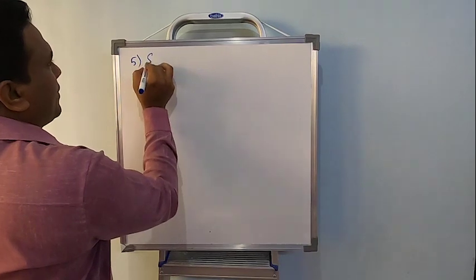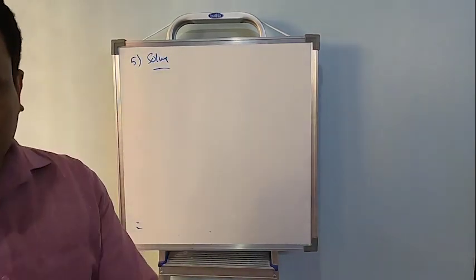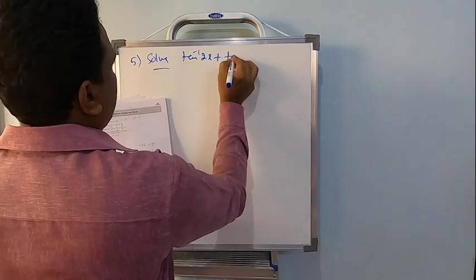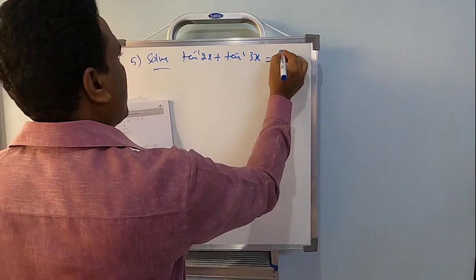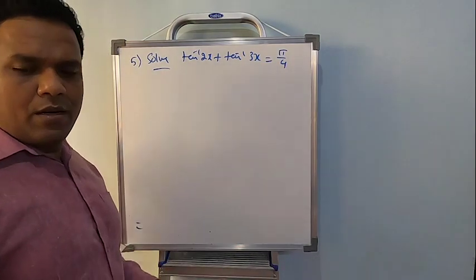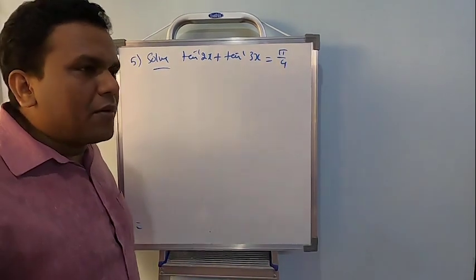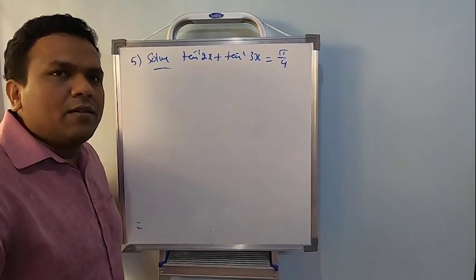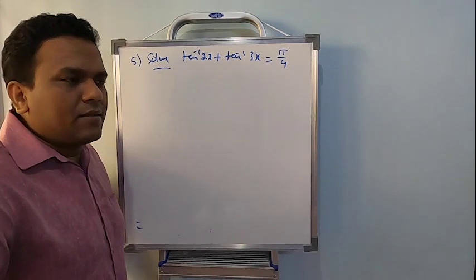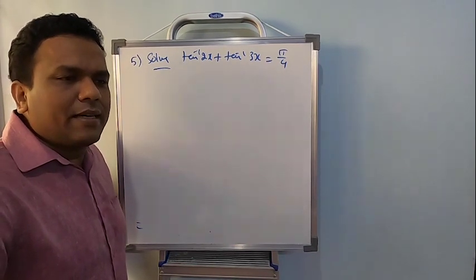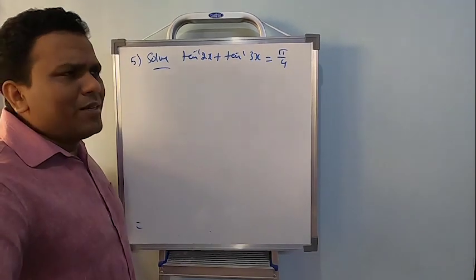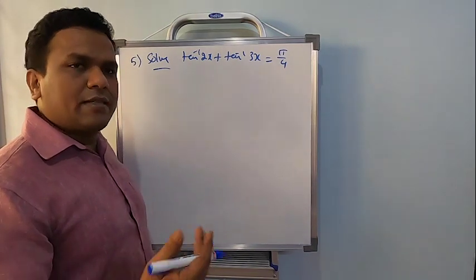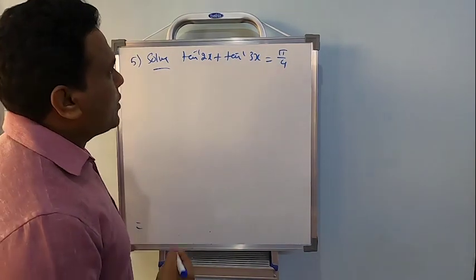In problem number 5, it is actually solve the equation tan inverse 2x plus tan inverse 3x equal to pi by 4. See, most number of times we will not solve problems from miscellaneous. But I suggest you solve it, because there are occasional chances where they will ask problems from miscellaneous also. So let us learn the complete thing whatever is there in the NCERT book. Later on, based on the examination, we can quit something. Now it's quite simple.